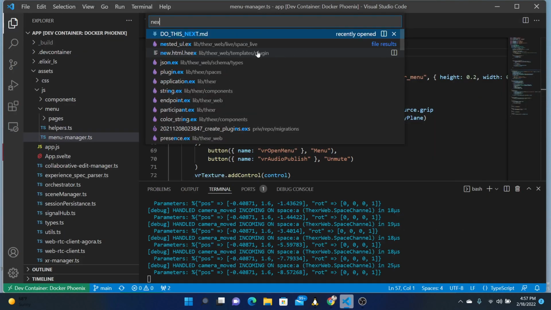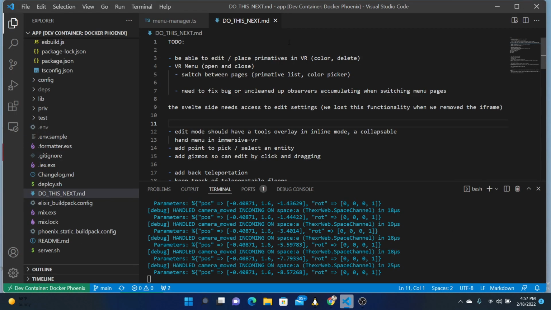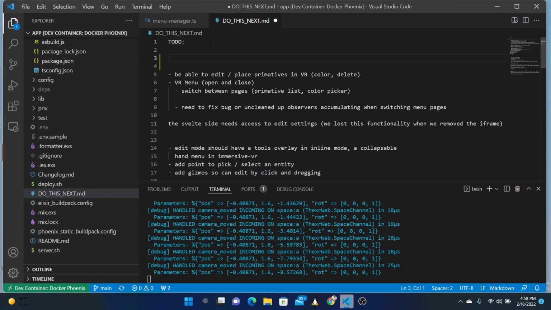So let's go to the next and outline what I want to do. So we kind of, okay, let's be able to edit place primitives. We have some, no, we don't have this. We're still working on this because we needed a menu to be able to support that. We're not quite done with the menu. So I'm thinking, one,